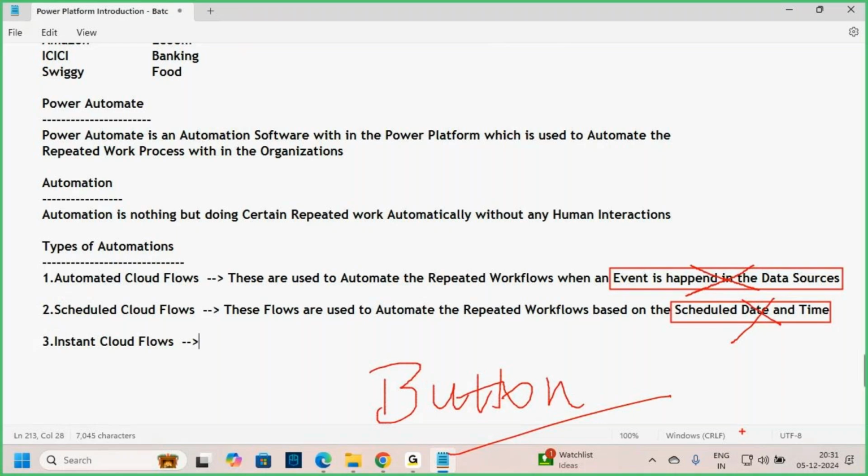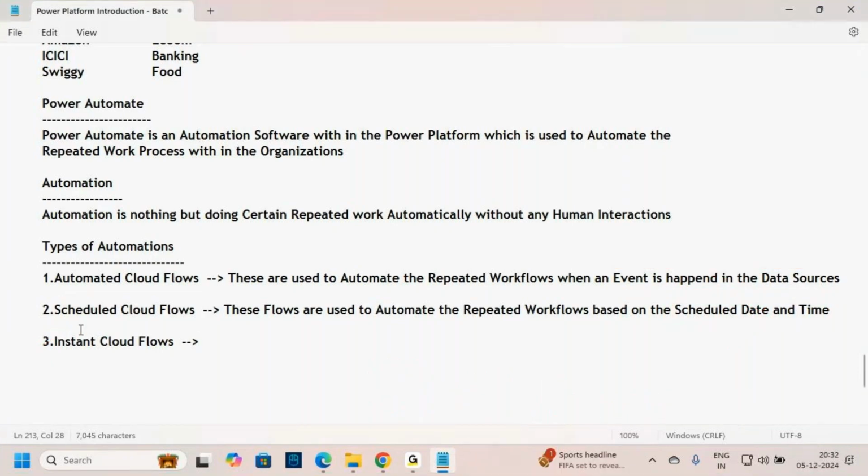So whenever you want to automate the work process by clicking on one button, whenever it is required for us, then select what type of flow? Instant. Instant means whenever it is required for us, instantly click on one button, and that button will automatically automate the complete process. So let me note it here. When to use these instant cloud flows is, these flows are